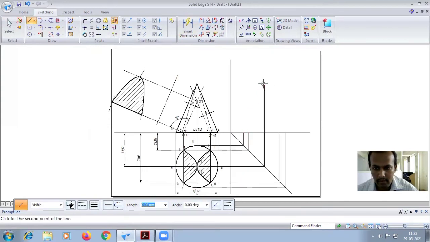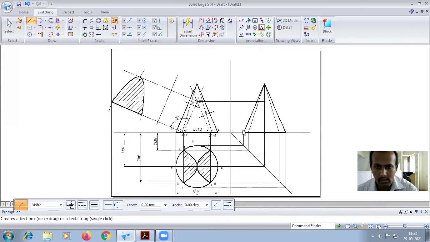So project everything and draw the side view of the cone. Okay, so draw the 45 degree line downwards and project everything horizontally and vertically. So you will get the points, and project including the section point. So carefully you have to do the namings. Naming is very important. So complete the namings.